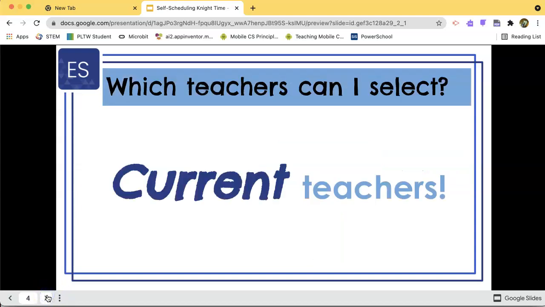All right, now what about who you can pick? The same rule applies as a couple of years ago, although many of us may have forgotten, but you have to pick your current teacher. So you can't pick someone that you had before that you really liked. We want you to work with your current teachers because we want you to get ahead or keep up on your current coursework. So those are the teachers that you're going to select.